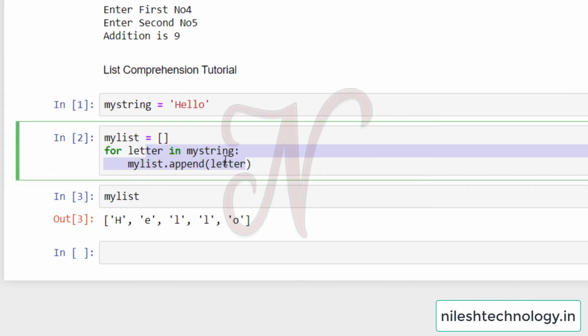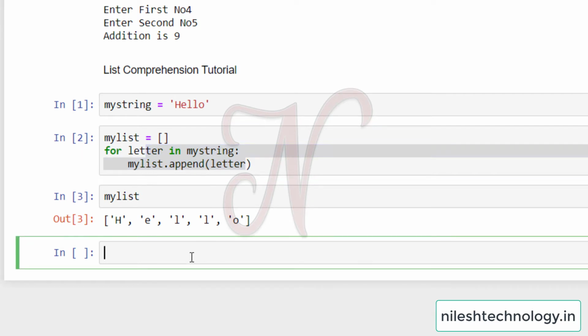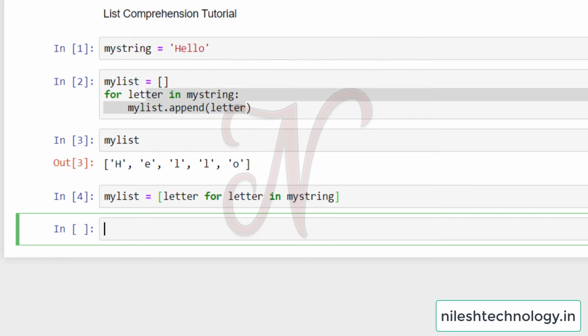See here how to do this. my_list is equal to, in square brackets, letter for letter in my_string.